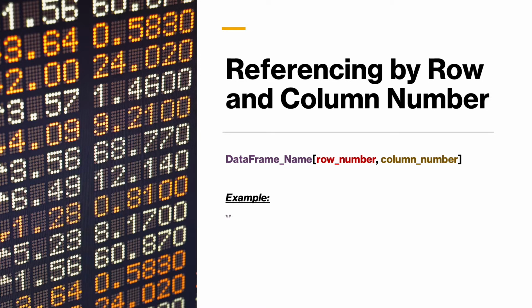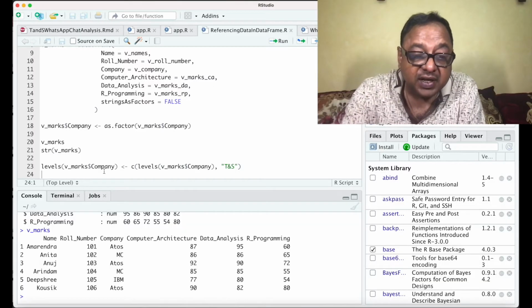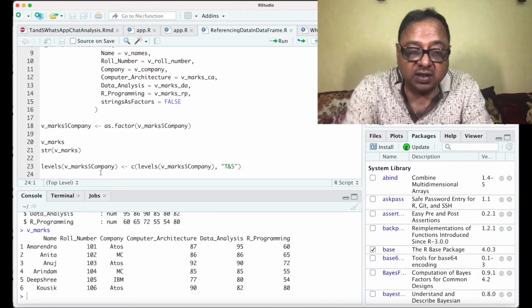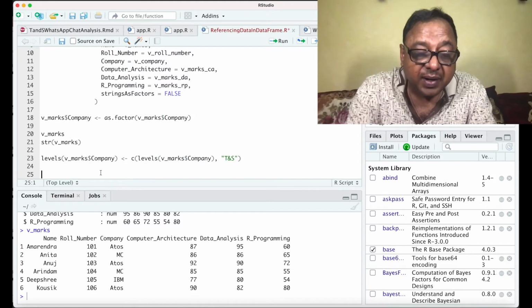So we have our data frame v_marks. So within square brackets, if I give 1, 1, this means that I want to refer to the element in the first row and in the first column. So let's see this in RStudio. So we had previously created the data frame. Now let's try to explore different elements of the data frame.